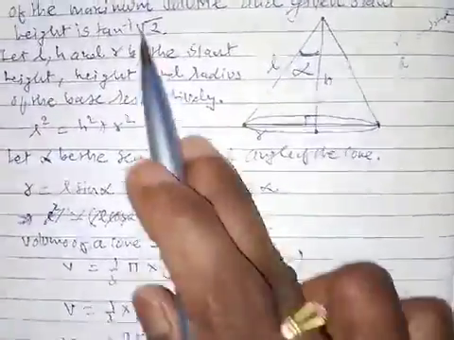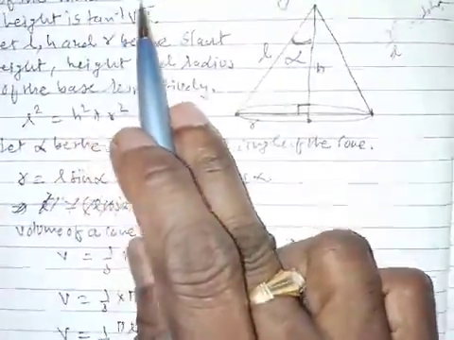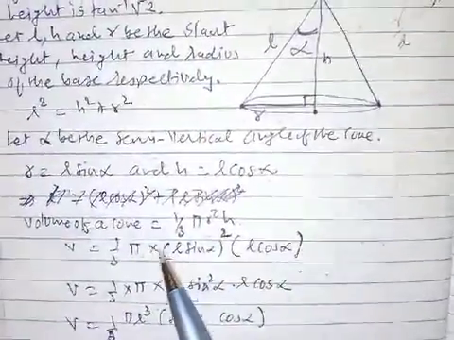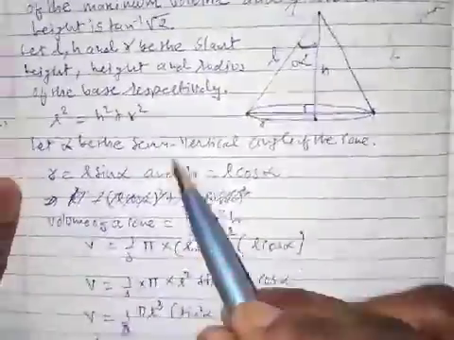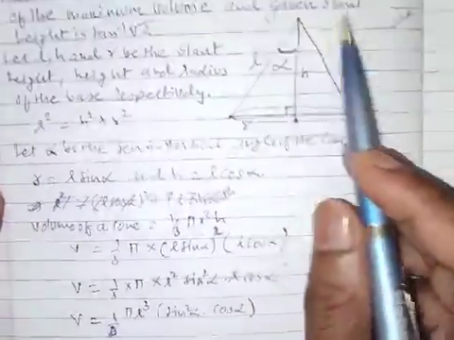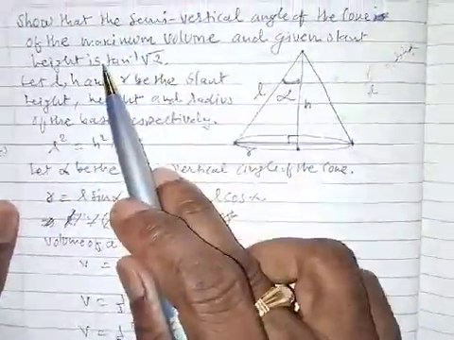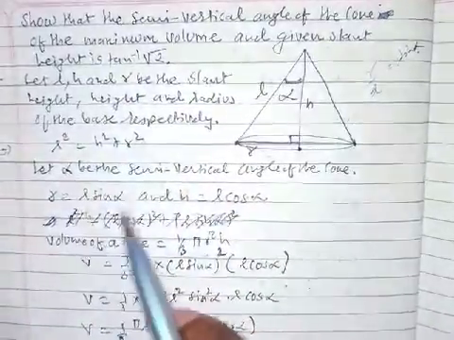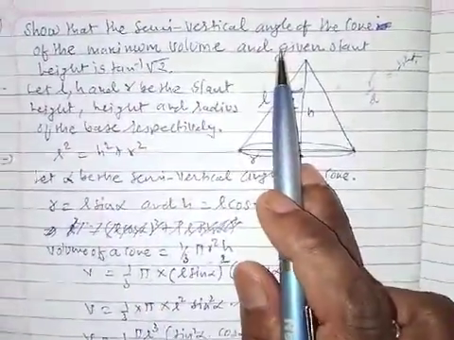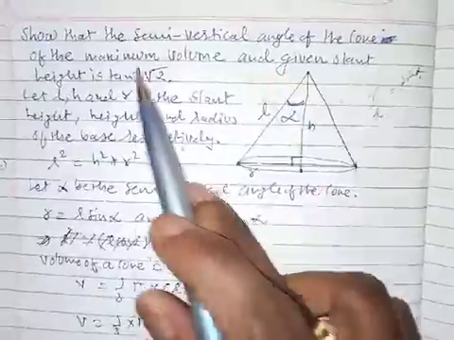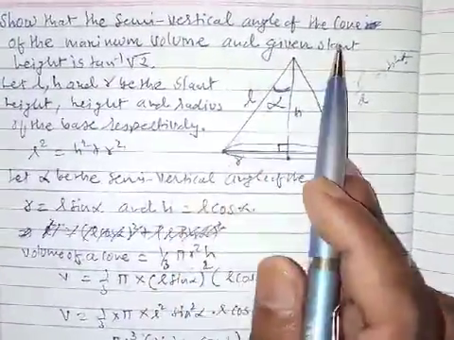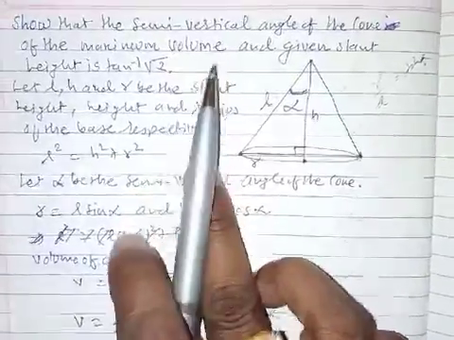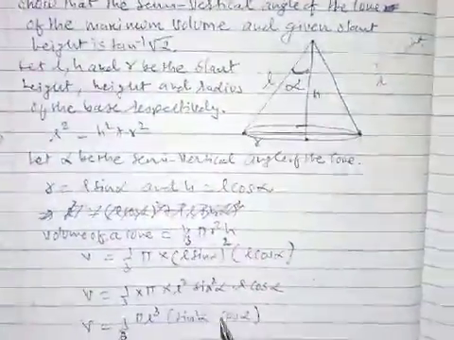So what is given? We have to prove the volume is maximum, so we start with the volume V. Why did we convert V into a form of L? Because the slant height is given. So we converted R and H into the form of slant height. That is a hint in the question: we have to prove maximum volume given the slant height.